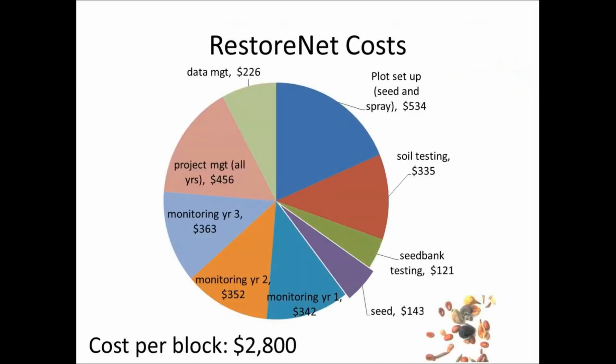Costs. We anticipate that if the RestoreNet team were to implement each of these blocks, it would cost $2,800 in supplies, testing, and staff time. And this pie chart breaks that down. You can see there's a cost for plot setup, including seeding and spraying. That's the labor components. Soil testing, seed bank testing,